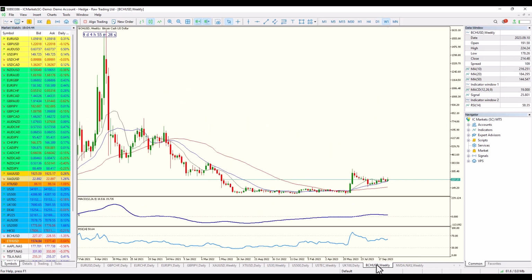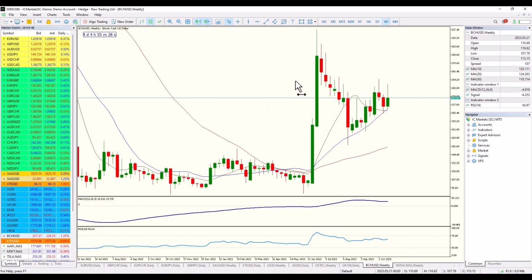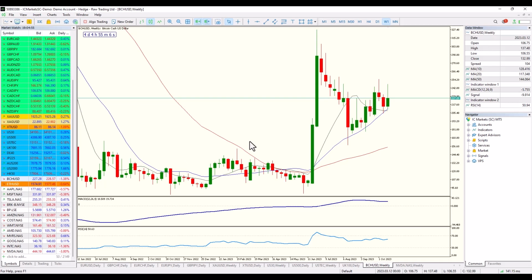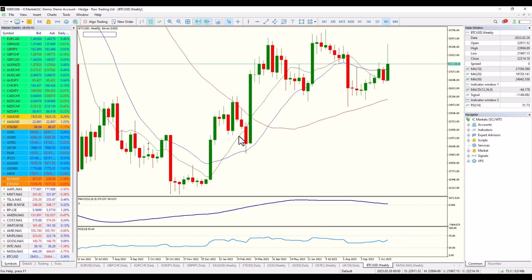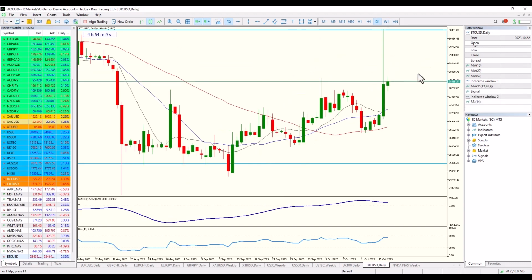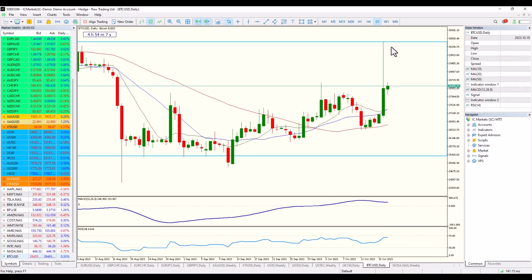And then finally, let's have a quick look at some of Bitcoin. So we can have a look at Bitcoin Cash versus US dollar, also attempting to climb a little bit higher. Just want to check that actually on my list as well. There we go. So I've just moved it across to Bitcoin as well. You can see we are stuck within this range over here, but we're working our way up to the top of the range, having just tapped it a little bit there. So overall, this is looking relatively nice and bullish. Once we break outside of the top of that range, I'd expect it to move quite a bit higher.